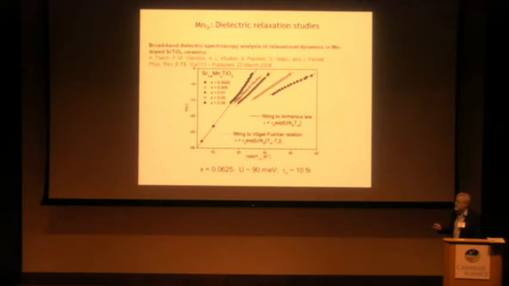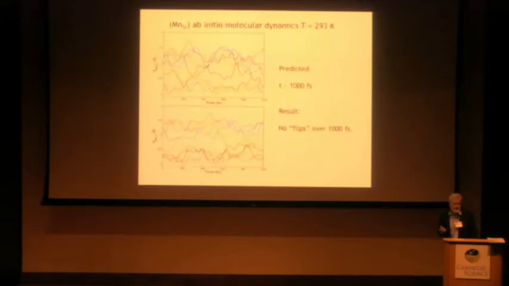And so we can actually play with these numbers and see if we can use ab initio molecular dynamics to reproduce them. I should point out that we're way down in this part of the phase diagram and the timescales that we can actually achieve with fully atomistic molecular dynamics. But we plug ahead. First, we looked at room temperature, and according to the Arrhenius law, there should be maybe 1,000 femtoseconds between events.